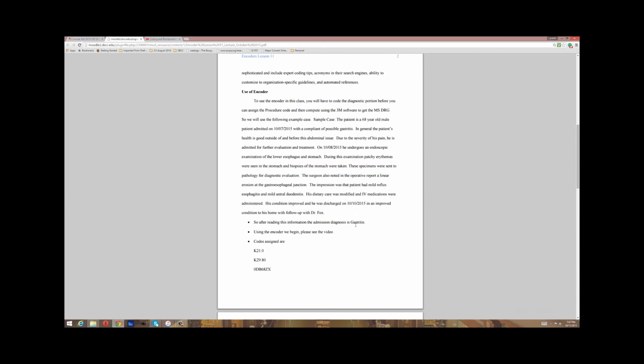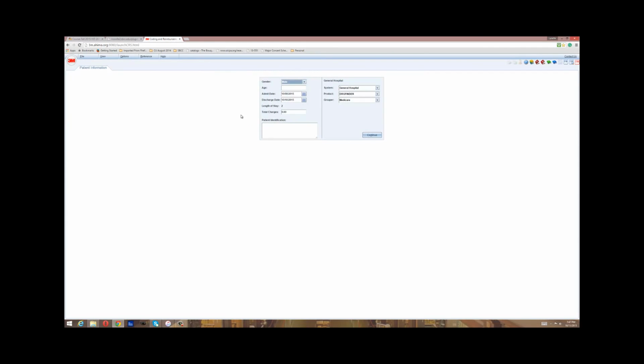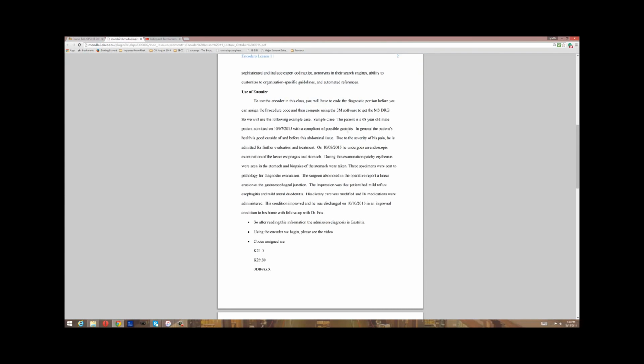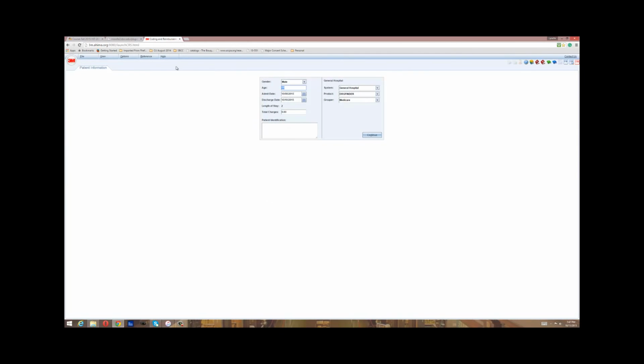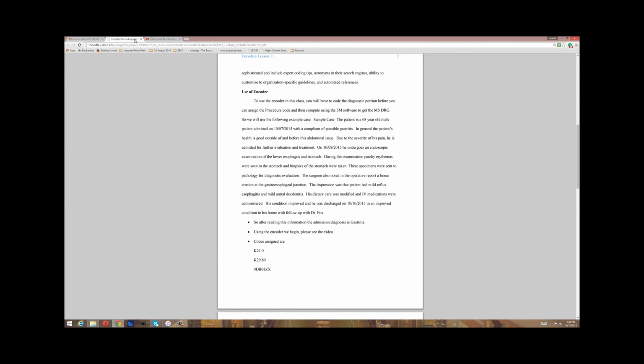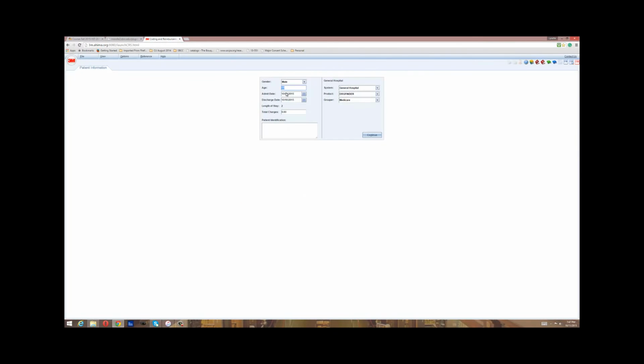So we read the information. We know that the admission diagnosis is gastritis. So we also note the age of the patient. So we move to the encoder. You go through the access steps. You have the male patient. To move forward in the encoder, you must put an age or a birth date. So the patient again was 68 per our clinical documentation. We have his admission and discharge dates. It has to be after 10/1 in order for us to get the